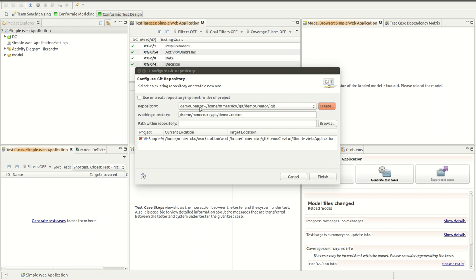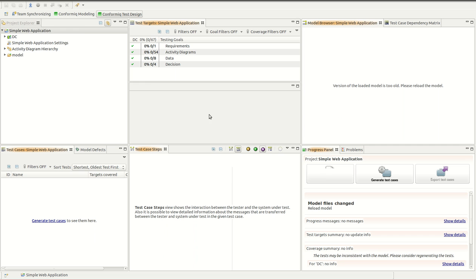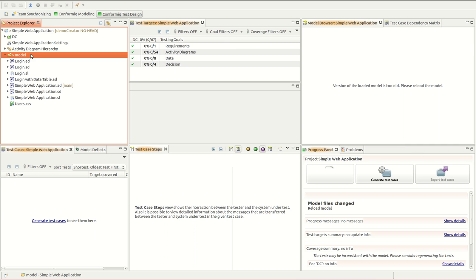Now as you can see, the repository has appeared in the list. This is the name of the folder, this is the path, and this is where the Git repository lies. Our project is selected, so we are ready to click Finish. The project has now been moved under the repository directory, and as you can see, some markers have appeared in